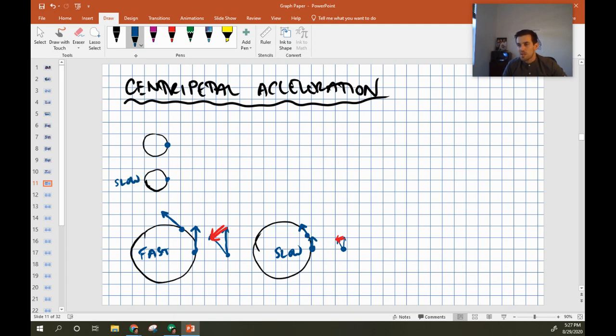Same speed, roughly, about 1 unit, but because it is a smaller circle, we would have gotten all the way around there. So when I draw this in, my vectors are going to look more like this. And you can see that that creates a pretty significant change in velocity. And finally, if we go fast around a small curve,